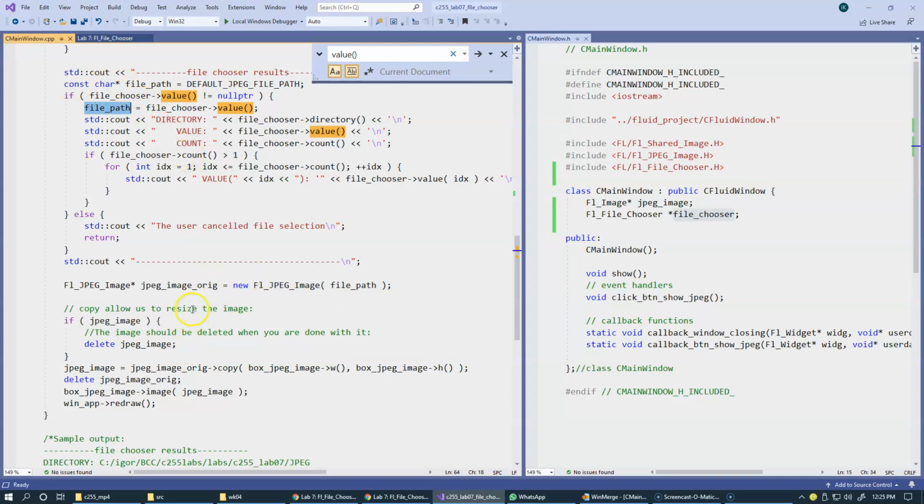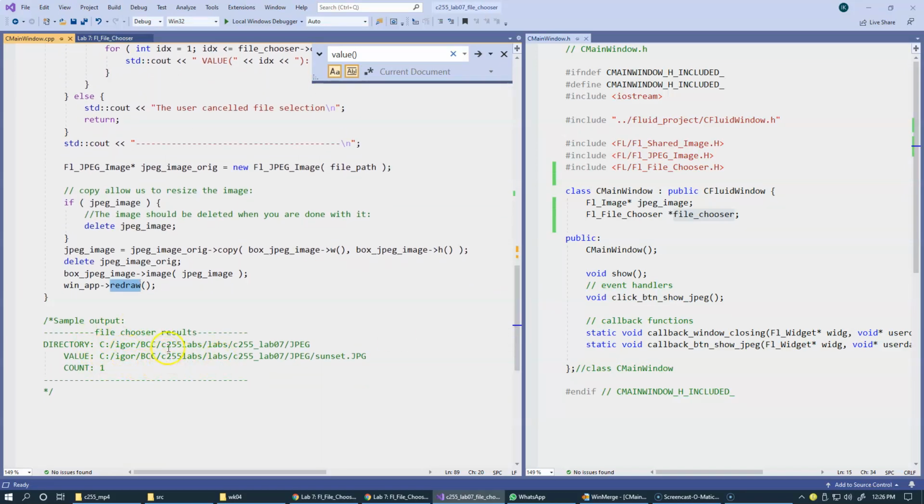And we proceed to do exactly what we did before. So we load image, we resize the image to fit in the width and the height of our box to display this image. So basically, of course, we're just going to do the same exact thing to display the image, and in the end we have to tell the window to redraw its content to guarantee that the new image is shown. So this is it,